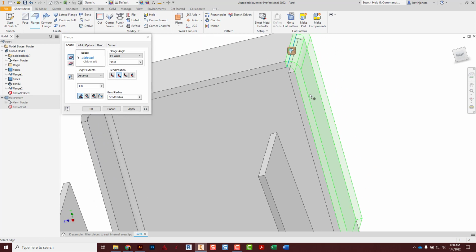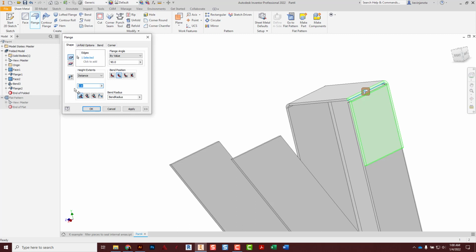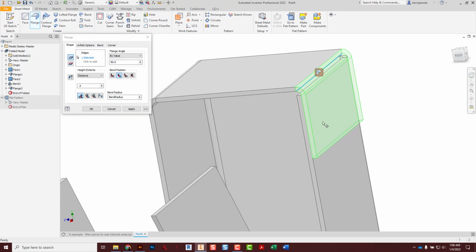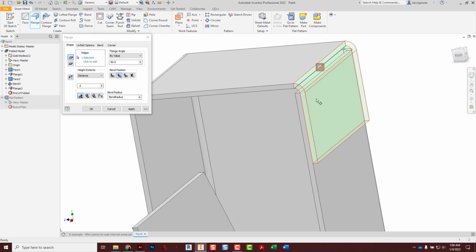And then I'll do another flange off that one. But I don't need this to go down 1 inch. Seems a little excessive, so I'm going to change this over to just 0.5. And that's what a lot of my tabs will be, a 1/2 inch, where I'm thinking about where I'm going to glue them. I was going to say tape, but that doesn't look very good. So we're going to try to glue all these connections. And click apply and